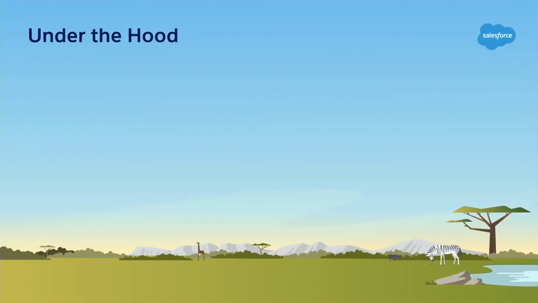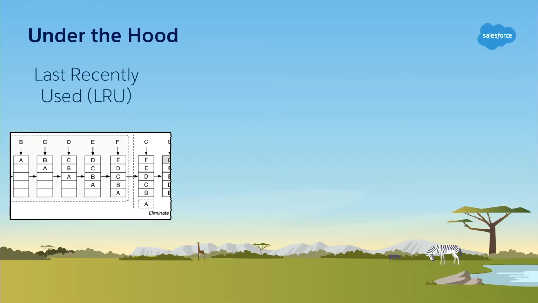And getting into a little more detail about how we implement everything under the hood, we implement something called the least recently used algorithm. Again, if you're familiar with the concept of caching, this might seem familiar. But what that means is that if you have 5 megabytes of cache space and you have 4.999 megabytes full,